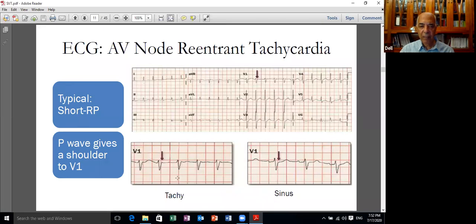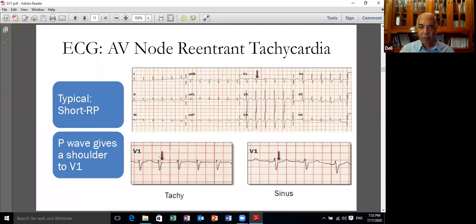If we look at the magnified view, this is the QRS complex, and this little glitch, this notch, is actually the retrograde P wave. And as I told you, after reaching the fulcrum, the P wave will go from below upward to activate the atrium, and the QRS will go from above downwards to activate the ventricle. If the patient goes into sinus rhythm, this little glitch disappears. You don't find it here. So the P wave activation here is at the heel of the QRS activation. Sometimes in the inferior leads, it appears to be even before the QRS. So it appears as a pseudo Q wave.